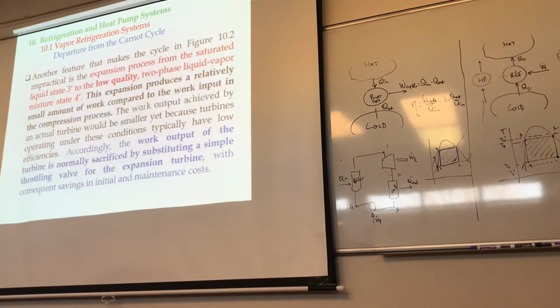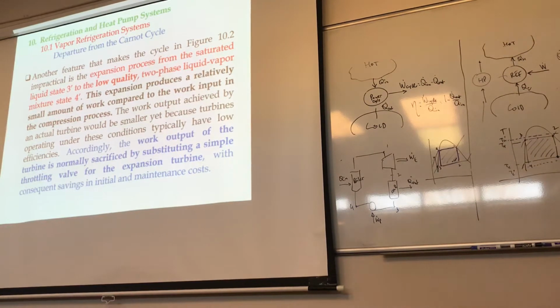Number 2, another feature is when you come back here from 3 to 4. What's happening from 3 to 4? Remember when we came back through the turbine that you were asking about? Impractical is the expansion process from saturated liquid to the low quality two-phase